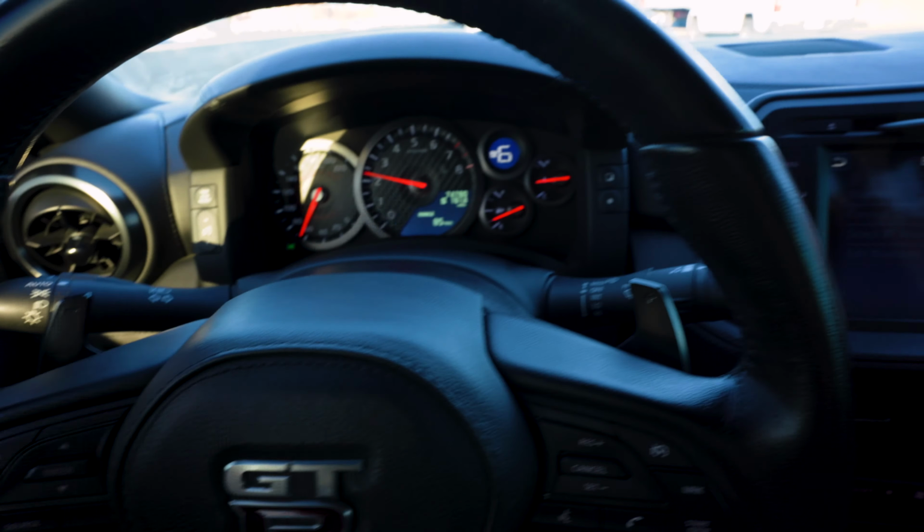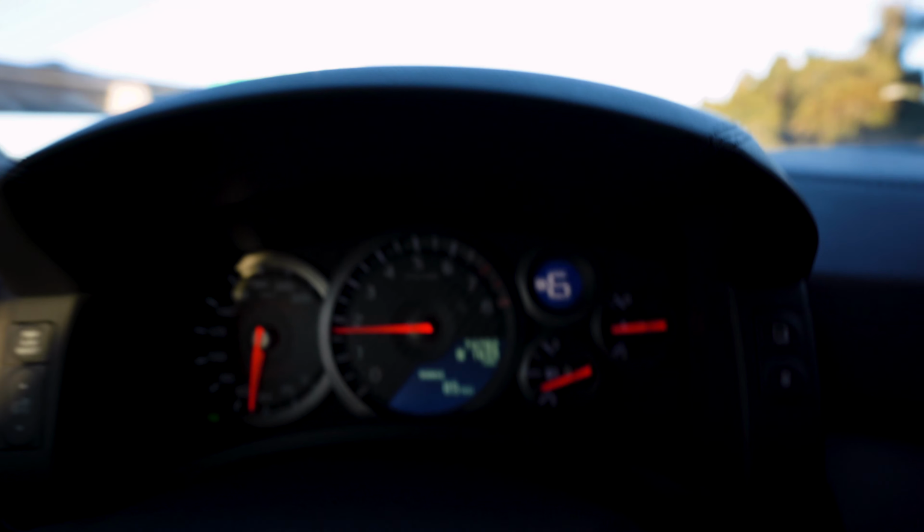All right, this is the first drive in the new to me Nissan GTR. He just picked me up from the airport and we're actually headed to his house right now to pick up some other parts that he's including with the sale. A set of intakes, injectors, and a set of tires as well. So we're gonna get to his place, we're gonna deposit some of the checks, we're gonna load up this GTR so I can drive back to LA, which is another 5 hours just to get back to Los Angeles in this GTR. So there it is, you can see it's